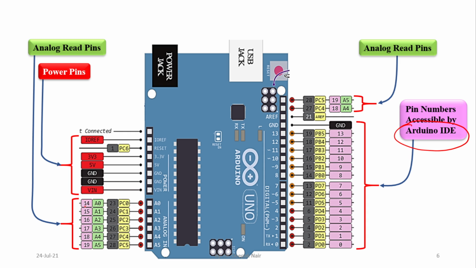And if we count from 14 to 19, then we can access these pins on the left side bottom to provide input or output to the Arduino board. So in total there are 19 pins which can be accessed directly by their number itself, and along with that if we want to read analog input we can access those pins using the name A0 to A5. So there are 6 analog read pins, and the rest of the pins, 19 pins, can be accessed directly by Arduino IDE.